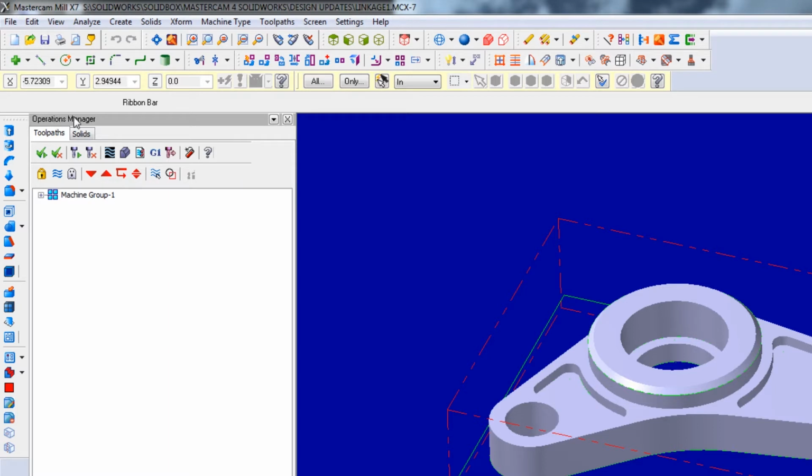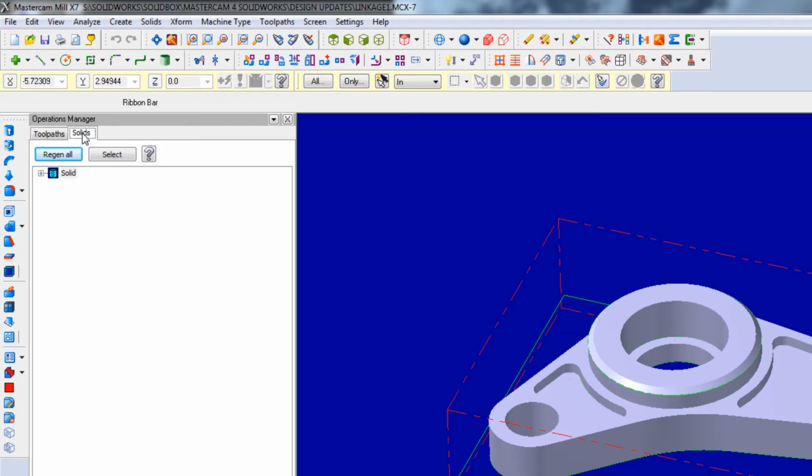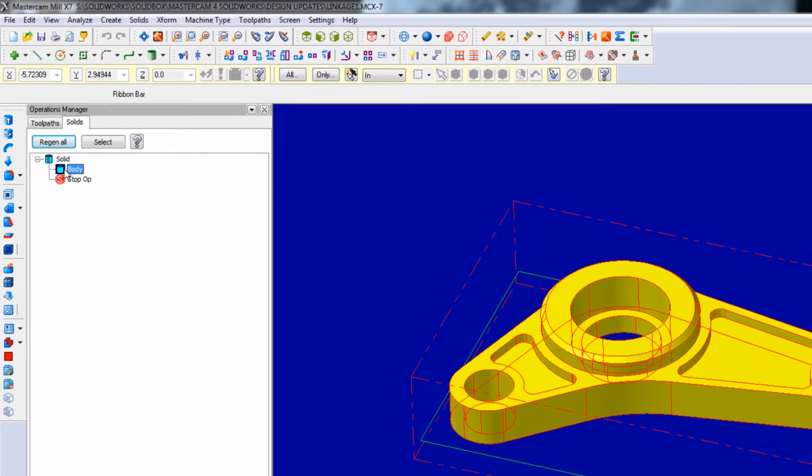So now that we know where the operation manager is and how we can toggle it on and off, let's talk a little bit about what it is. There are a couple tabs at the top, and based on the packages you have and what you have turned on, you might see a tab over here that says Art on it. Now, we're not going to be dealing with that today, but we're going to focus on the Toolpaths and the Solids tab. First, if we go to the Solids tab, you'll notice that you can expand this and you'll get